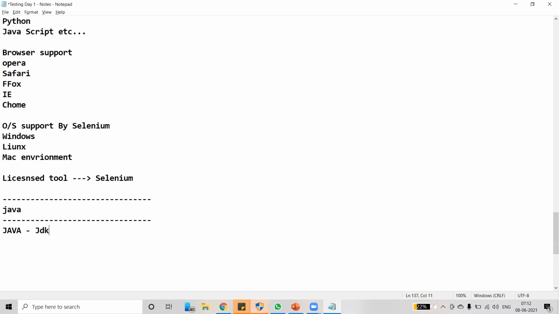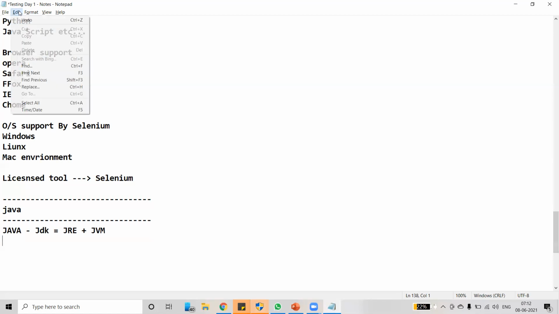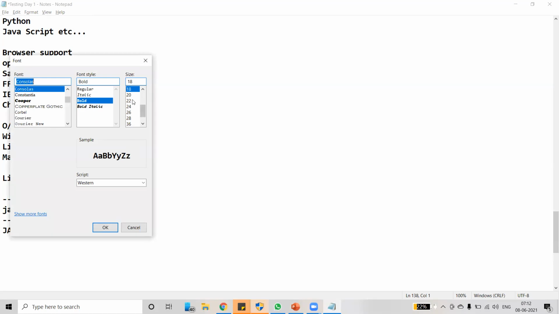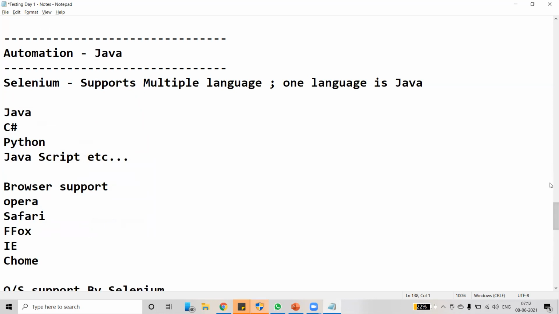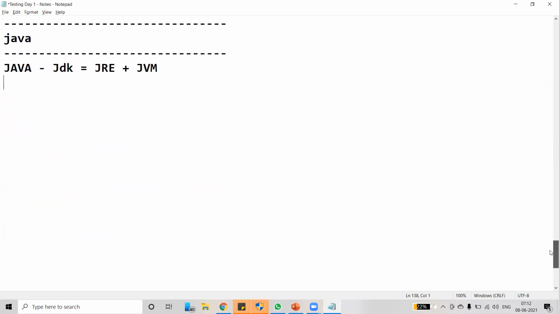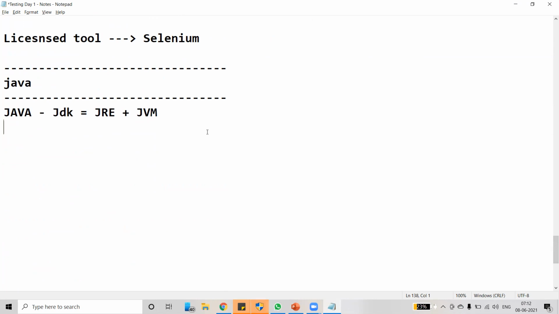To develop Java applications, we need a kit called the Java Development Kit. The JDK contains JRE plus JVM.